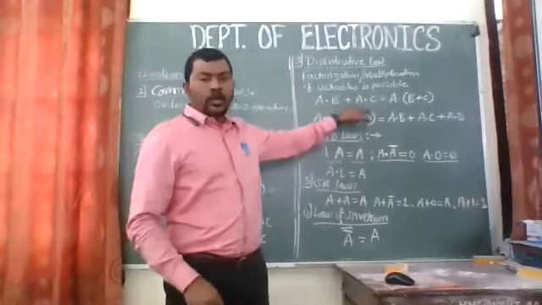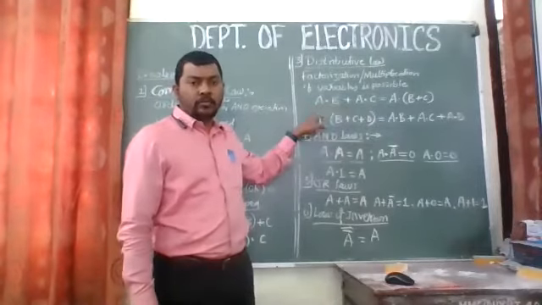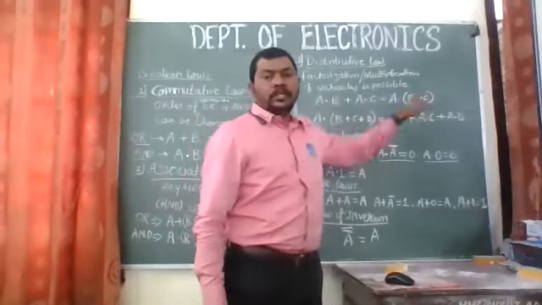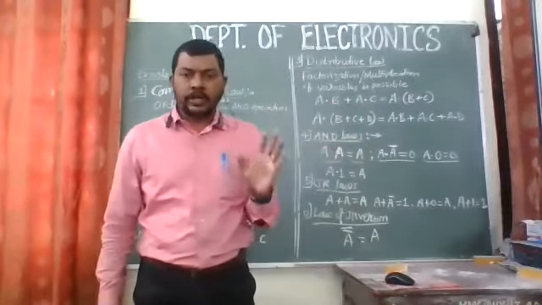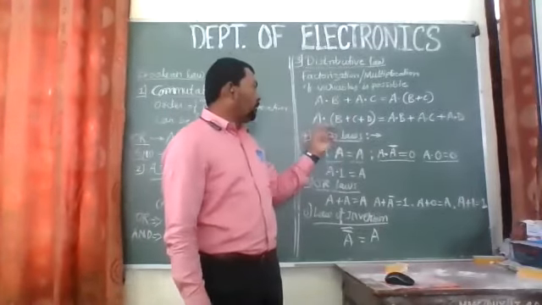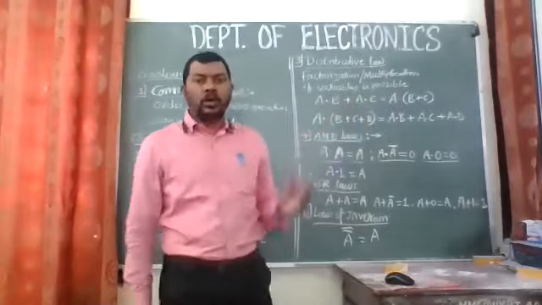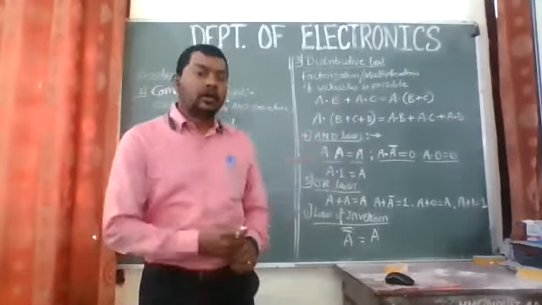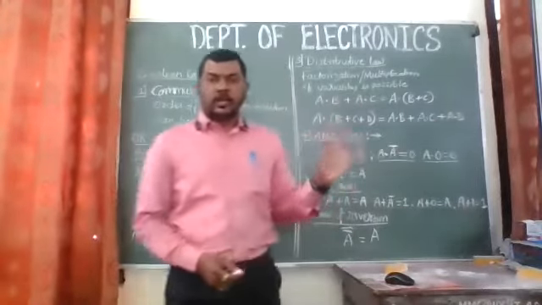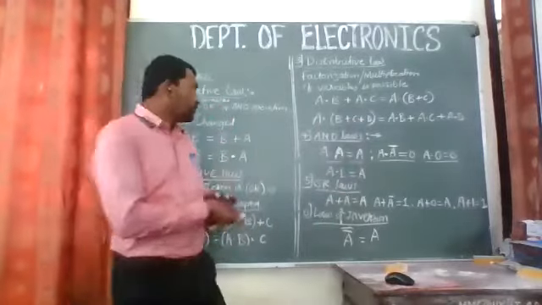So A dot B plus A dot C, it is written over here. So factorization means we can take A as common. So A is taken over here as common. A dot B plus C can be written like that. So that is factorization. And for multiplication, if we have an equation like A dot B plus C plus D, then this A is to be multiplied with all the variables inside that bracket. So A dot B plus A dot C plus A dot D. That is how I have written it. This is just to show the example of that.